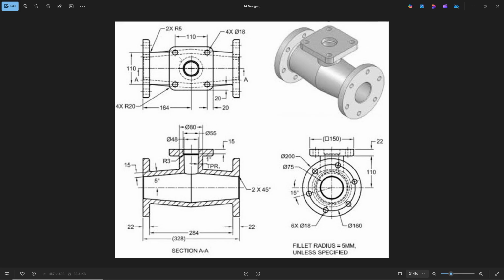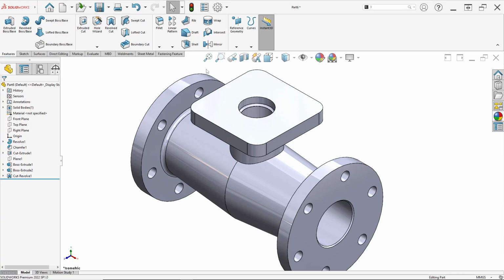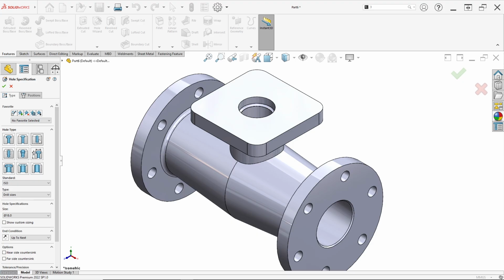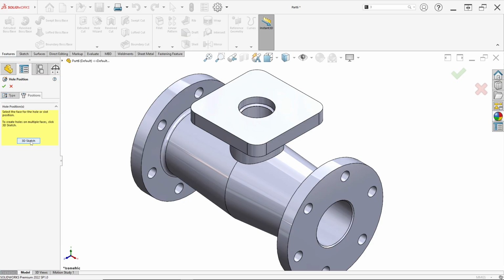Don't forget in the top there are 4 holes with a diameter of 18. We just make the hole in here with the feature Hole Wizard. For hole type, we can click this hole, standard hole in here, and for standard we use ISO and drill size. For size, ensure you select 18 millimeter. And for condition, select up to next, and just click position, click here, click